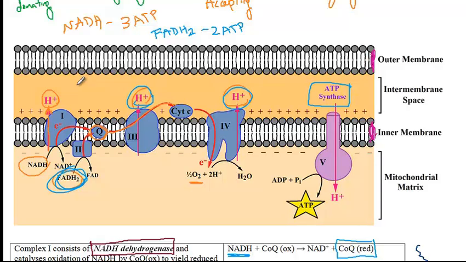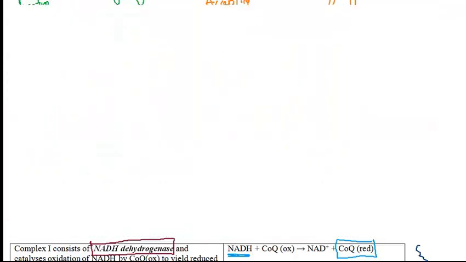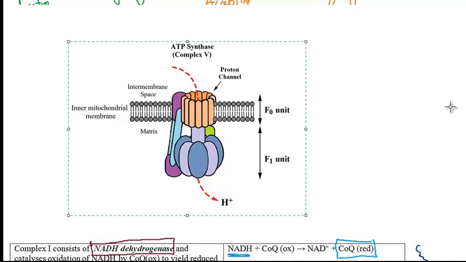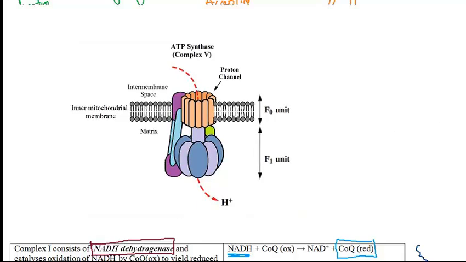So now we have an electrochemical gradient that has built up in the intermembrane space. And so that's where we need the electrochemical gradient for ATP synthase in order to function properly. So now let's go over the function of ATP synthase. So there we go. Here I have a drawing of ATP synthase for you. And so basically ATP synthase, sometimes referred to as complex 5, is a membrane spanning enzyme that catalyzes phosphorylation of ADP